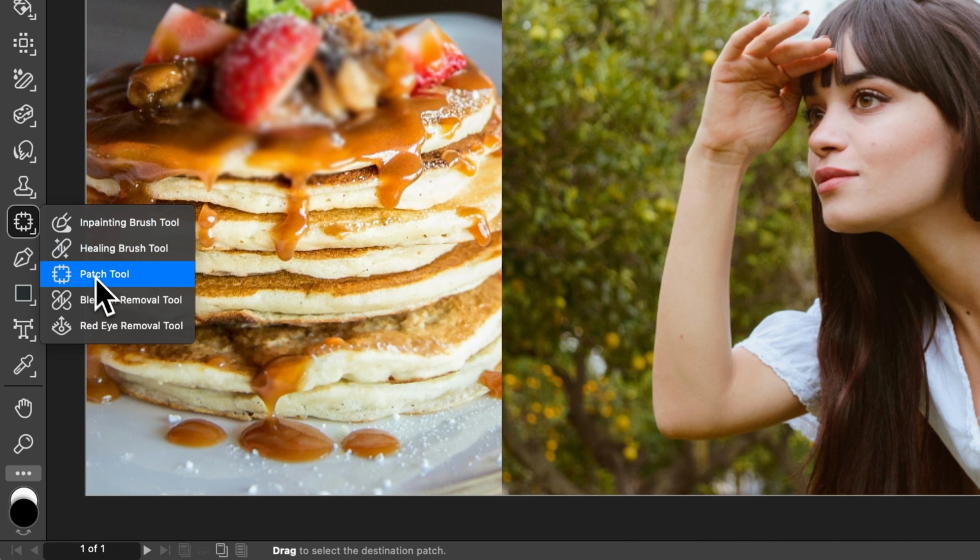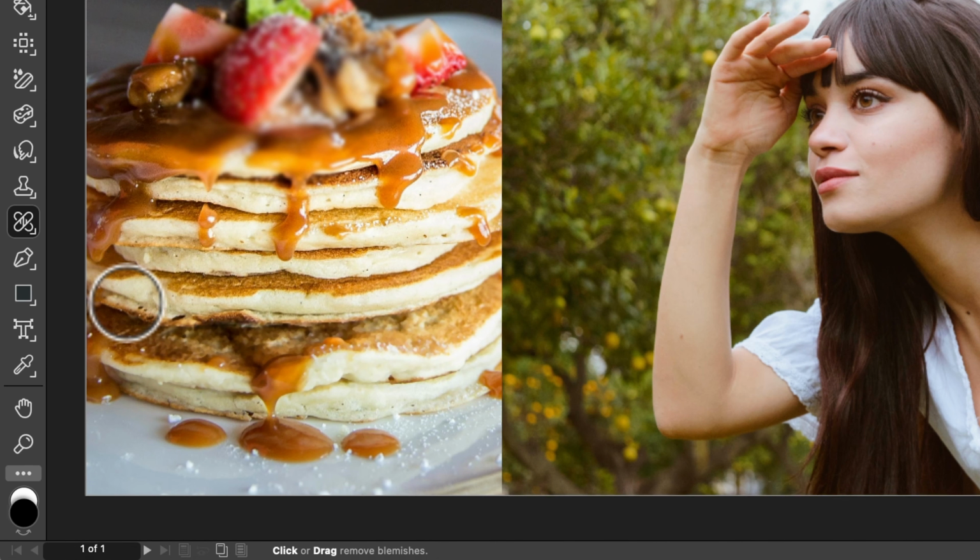Right, we also have a couple more. The blemish removal tool. I'll cover this. I'm not going to really go into the red eye removal tool. It's just not something I've ever used, but I'm sure it does what it says on the tin. Blemish removal tool. Right, so let's just go and